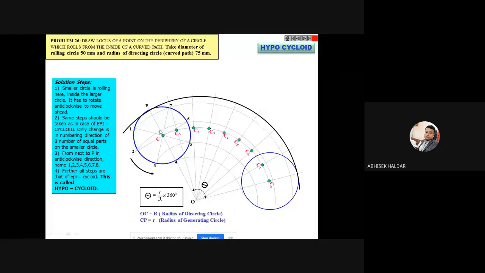Here, the interesting thing is that whenever you are dividing this circle into 8 equal parts, you can see the nomenclature. Here, the nomenclature is also going anti-clockwise, isn't it? Starting from 1, 2, 3, 4, 5, 6, 7, and this is the 8th point or the P point. Which point am I tracing? I'm going to trace this P point. So this is basically the case over here. The only difference is the nomenclature.